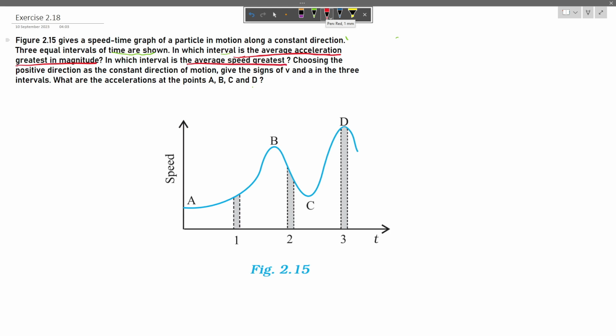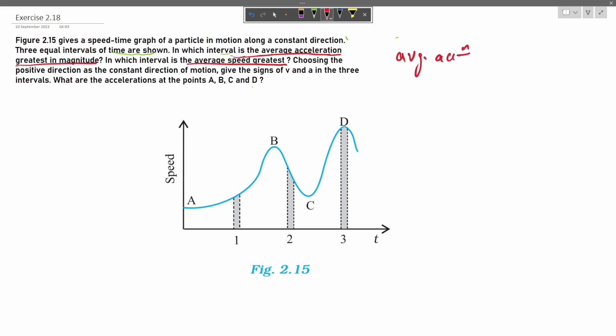Now, the second part of the question is, choose the positive direction as the constant direction of motion. So let us first cover these two questions. In which interval is the average acceleration greatest in magnitude and the average speed greatest in magnitude? So average acceleration